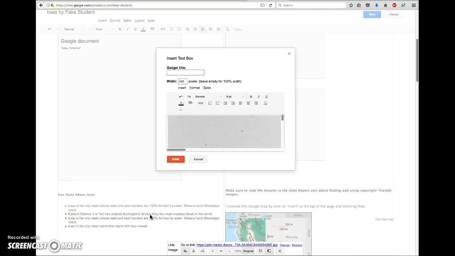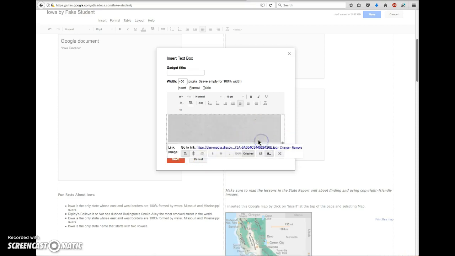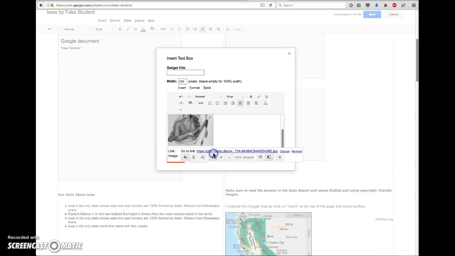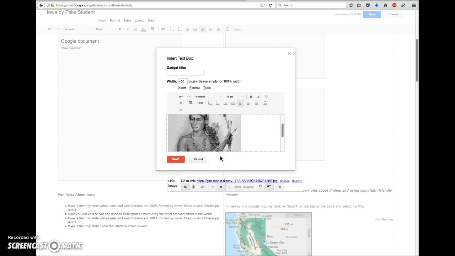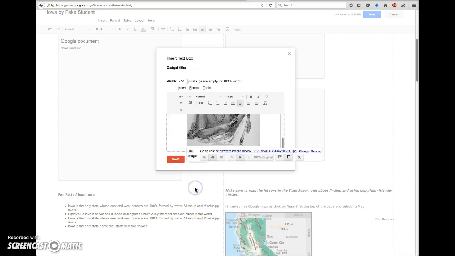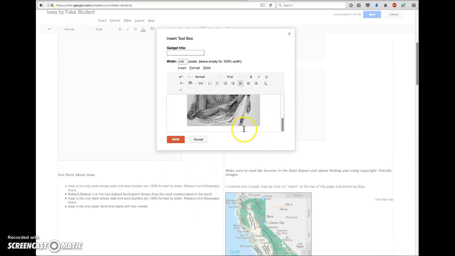I'll click OK. And then again, it's a really big image, so I'm going to scroll to the bottom, click there, and select either small or medium. I think I'll go medium on this one, and align it center. Place my cursor beneath the image,